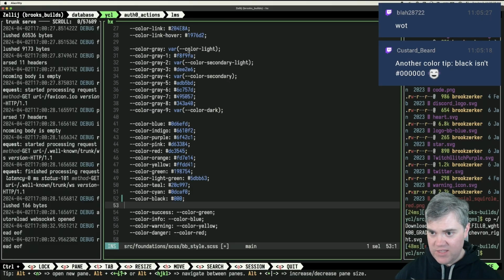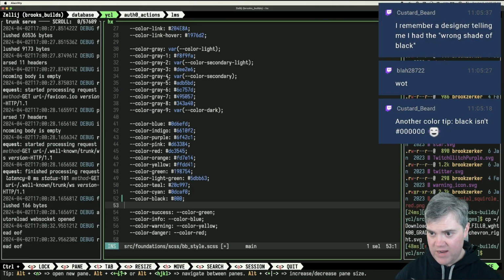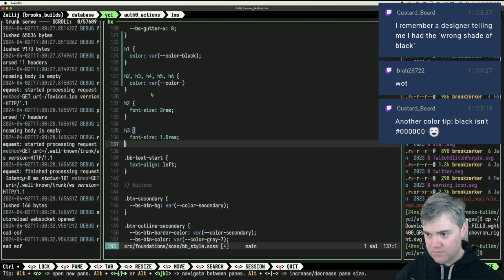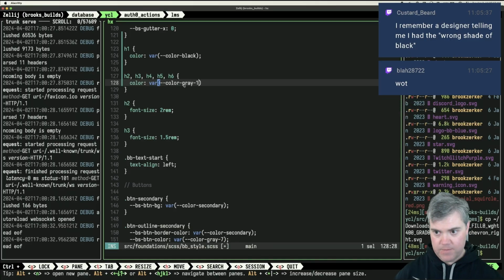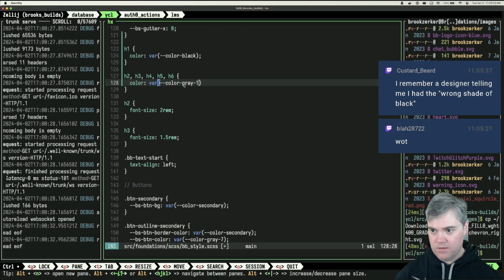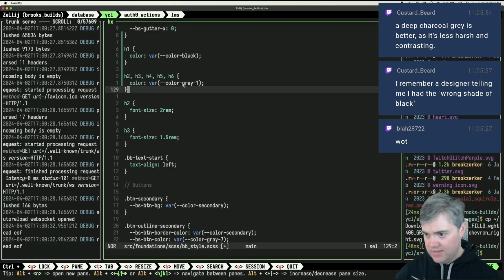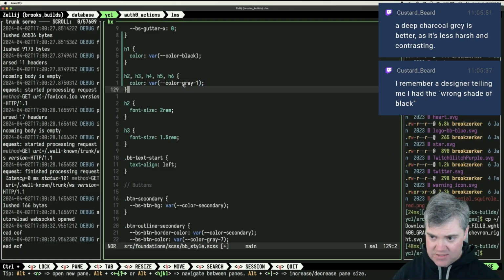So then, okay, for these ones, maybe we do color gray, just choose one of the grays. We'll do color gray 1, let's say. And then everything else,